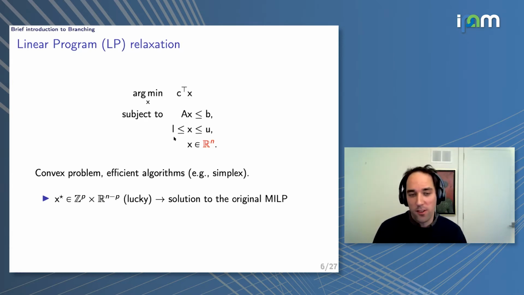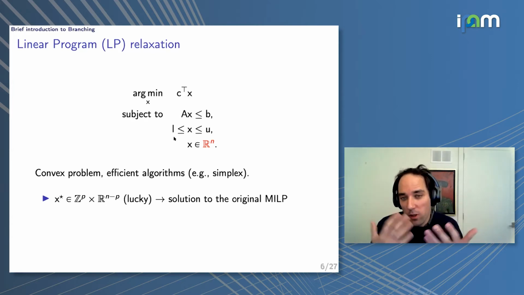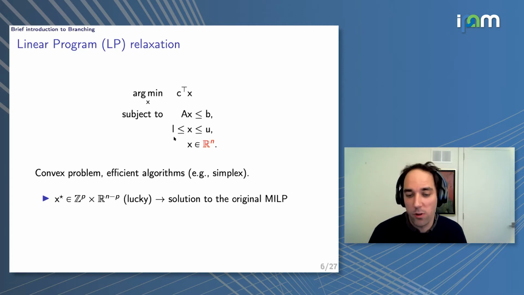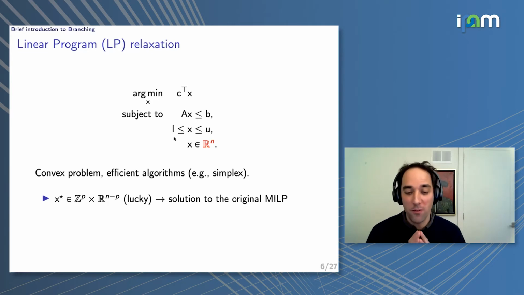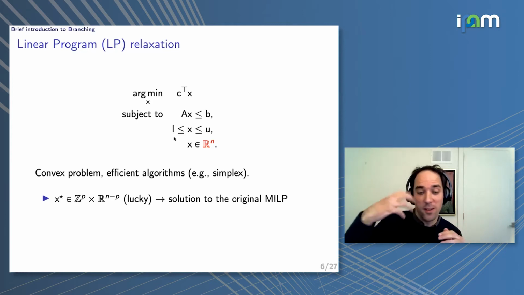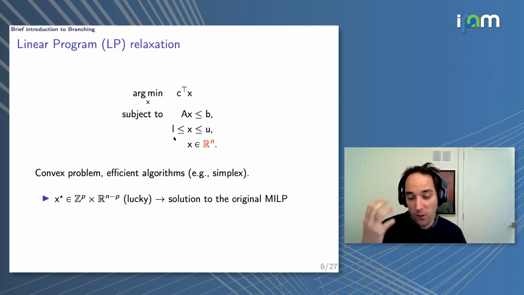So there are a few things you could say. First, if the solution to this LP, which I call here x star, obeys the original integrality constraints, then you're lucky, right? You've effectively found a solution to the original MILP. This will often depend a lot on the type of constraints that you have. In fact, if you've ever submitted a paper to a computer science conference, this paper was reviewed, and so there was an assignment process, where this MILP was solved. It turns out that for this particular MILP, you can actually solve it as an LP and obtain integral solutions. But this is where we're lucky.